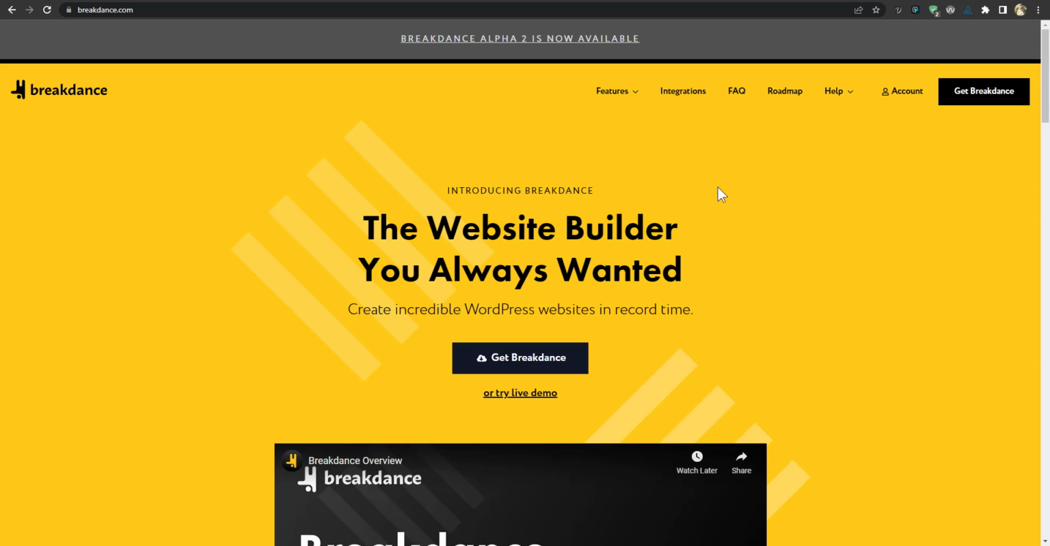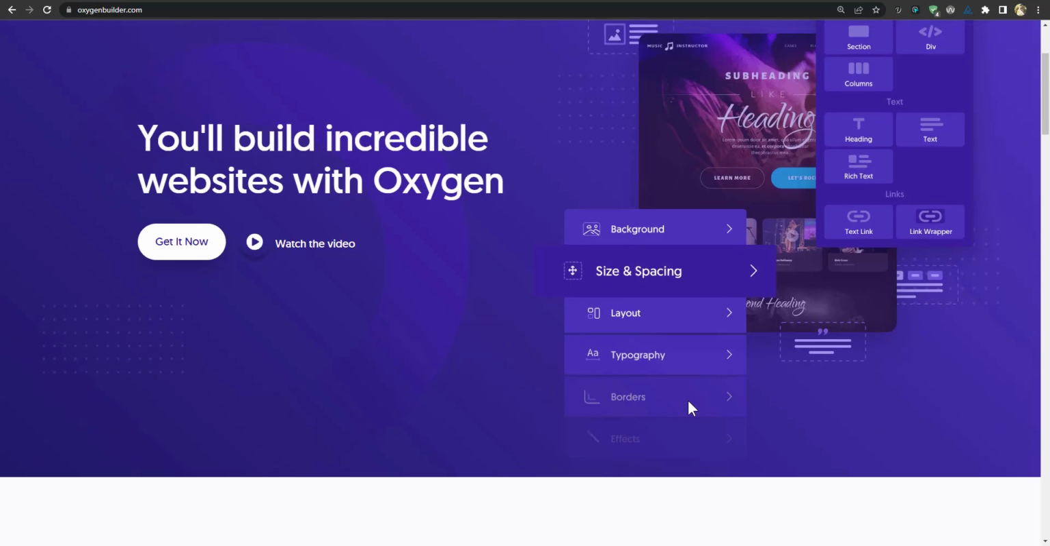I just want to see what this builder has. The idea behind this builder is that it targets less advanced users, unlike Oxygen. I want to take it on a spin to see how easy this builder is. So let's jump right into it. What I want to do is try to recreate this hero section